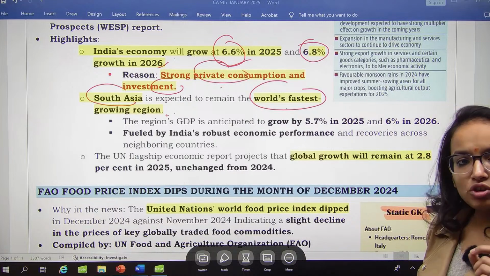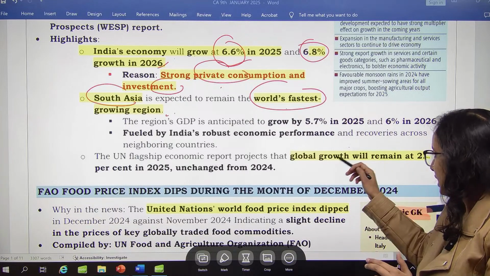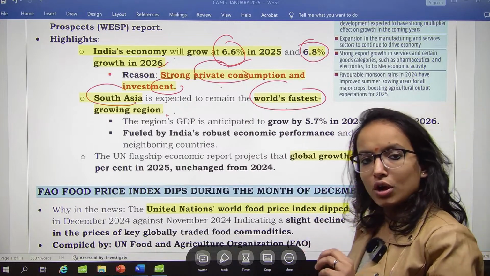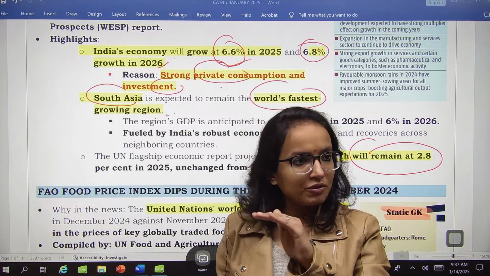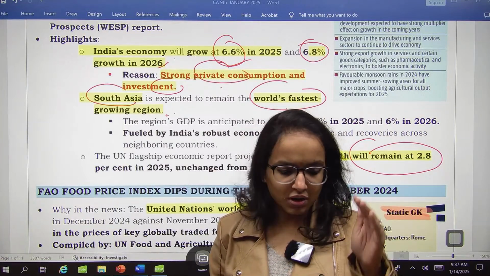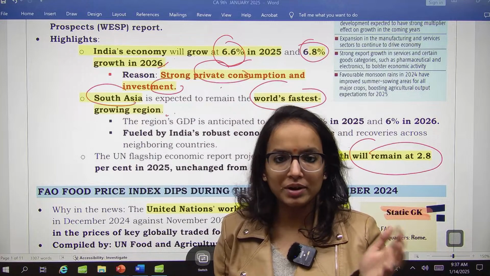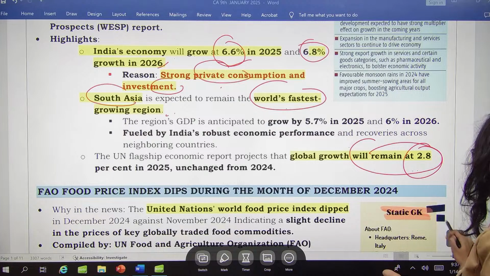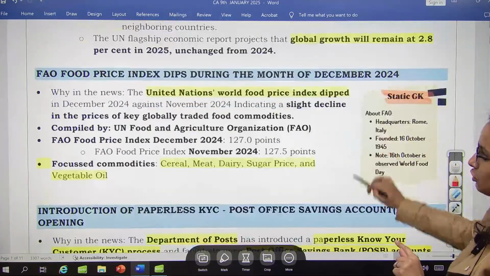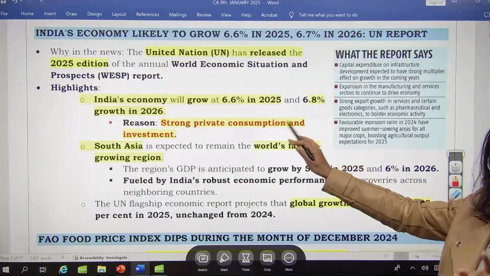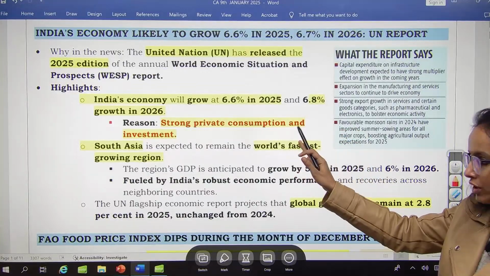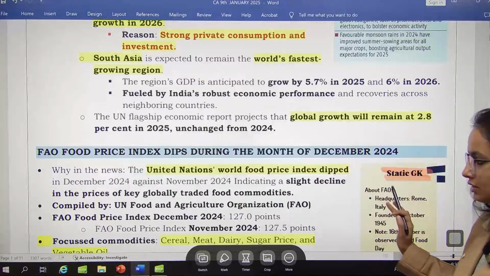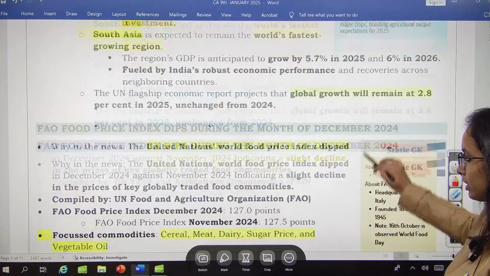Okay, and if we talk about global growth, they said it will remain at 2.8% in 2025, which is unchanged from 2024. There is no variation in the global average growth, right? So 2.8% is the global one. Remember, 2.8%. This is the highlight of the report. Three important things: 6.6 for 2025 and 6.8 for 2026 for India. Fastest growing region, South Asia. Global growth, 2.8. That is it, okay? And the name of the report as well. Next thing,